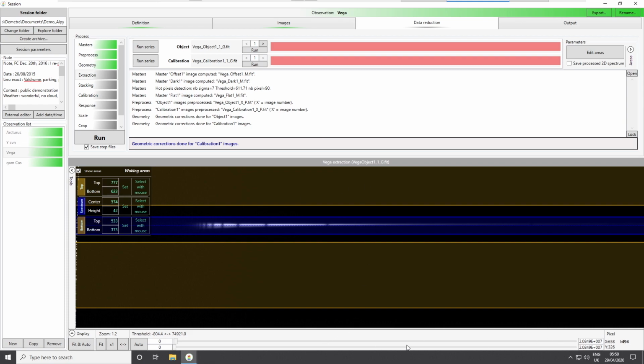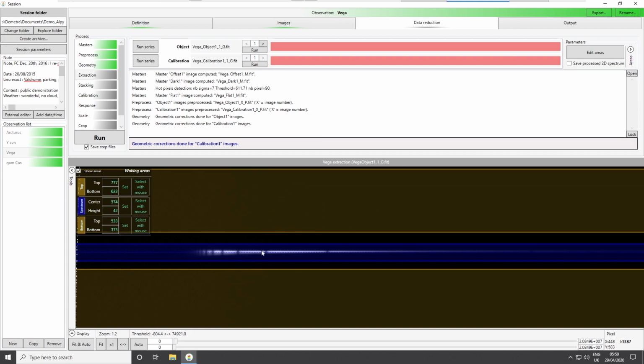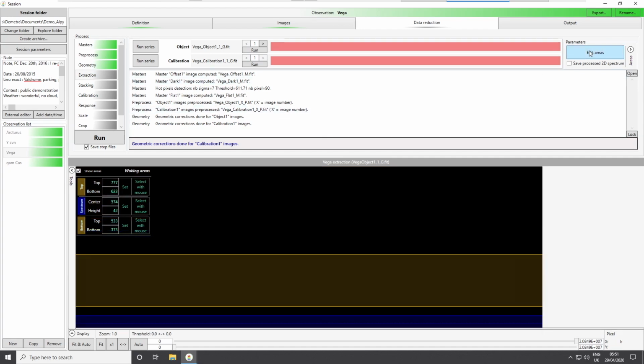Okay, and of course the yellow bands here is where Demetra expects to find some sky background. Okay, so if I'm doing a star observation, Demetra will correct the spectrum from the sky light pollution in some way, and in fact it needs to know where it has to calculate where is the sky background. Okay, so if you go to the edit area tool, you'll find this menu.